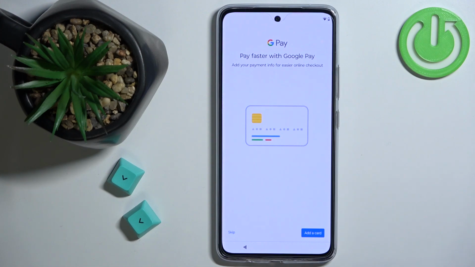And right here we can add the credit or debit card to our Google Pay wallet, so we can use our phone to pay for stuff. If you want to add the card, tap on add the card and fill in the information. But I'm just gonna tap on the skip,